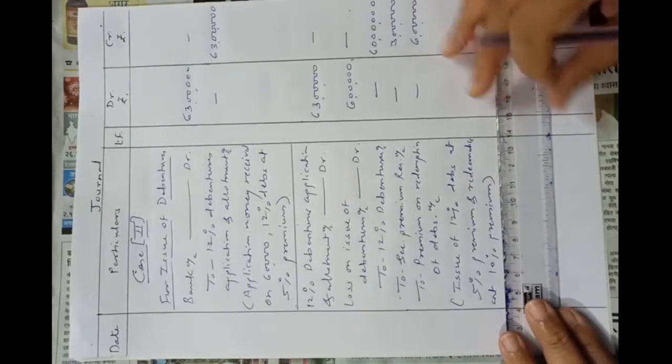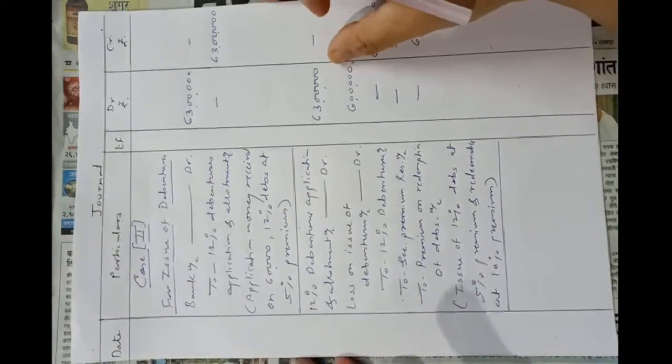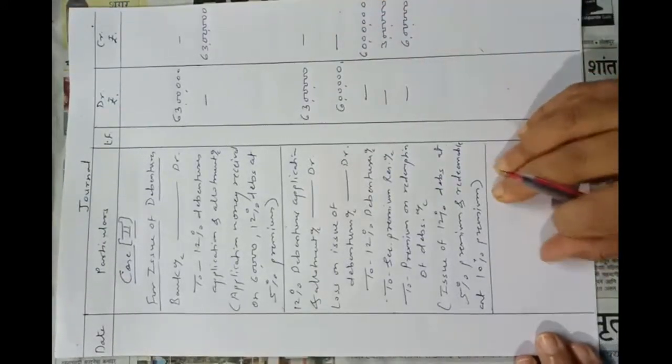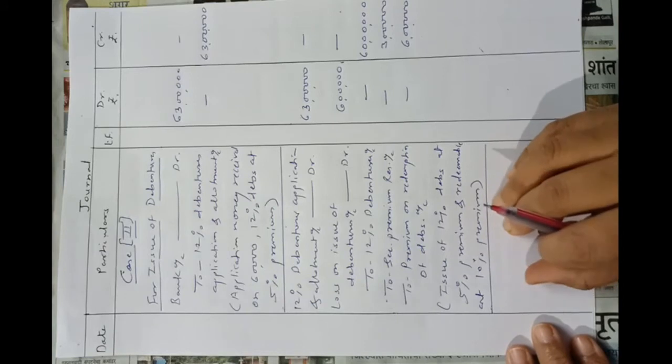This will be the narration of this entry. So these two entries are of issue of debentures. These entries will be passed at the time of issue of debentures, on the date of issue of debentures. Okay, now before redemption,